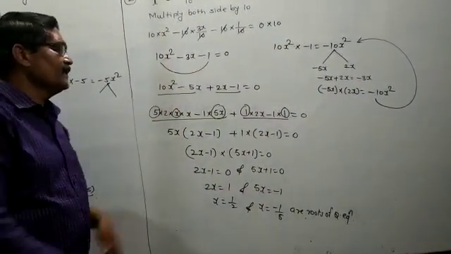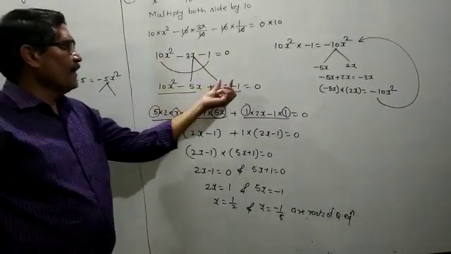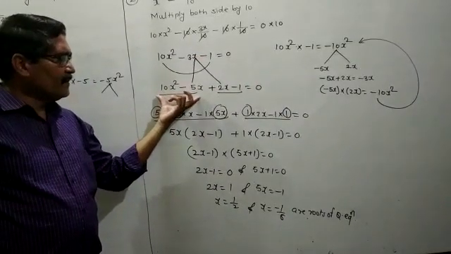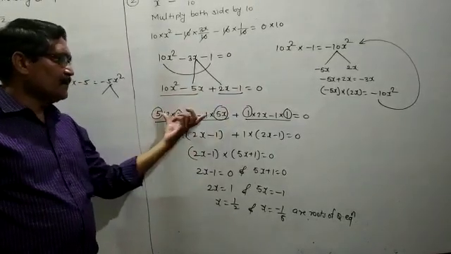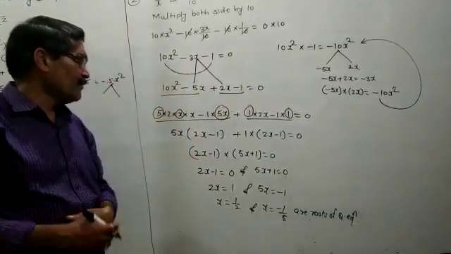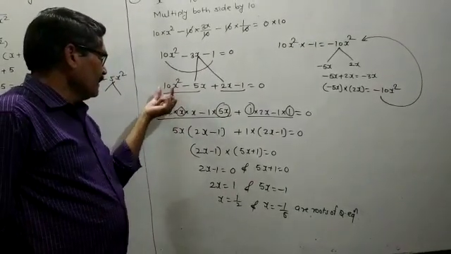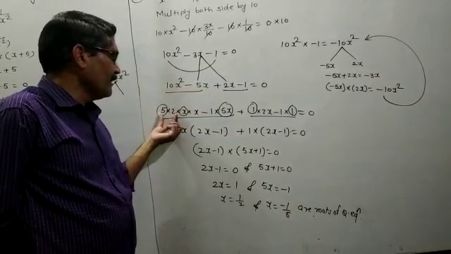You have to write this 3x as minus 5x plus 2x minus 1 is equal to 0. Then 10x square. Then you have to make groups of the first two terms and the last two terms. Write the first two terms in product form and the last two terms in product form. Here you have to see what will come common. Here 5x is present, so you have to write in the product form 5 multiplied by 2 multiplied by x multiplied by x